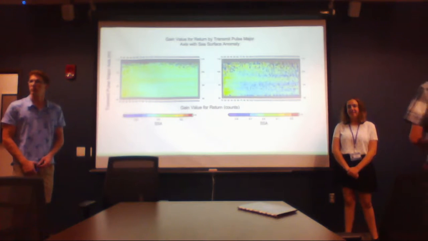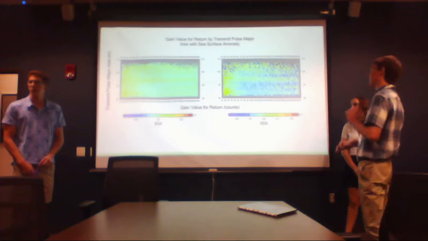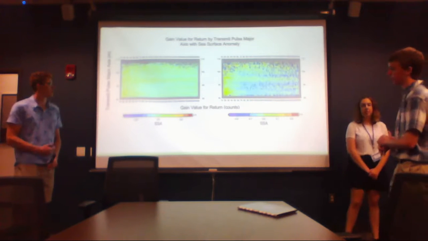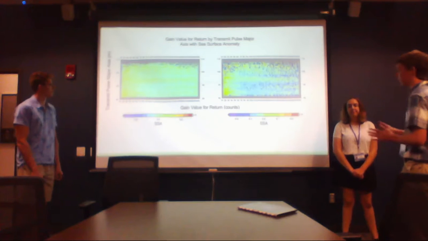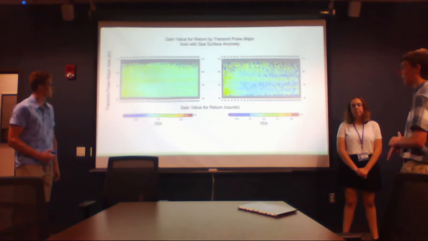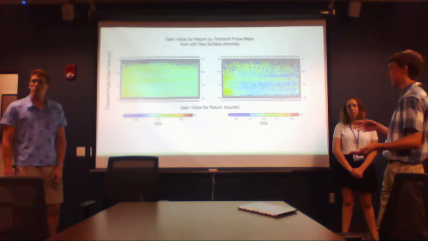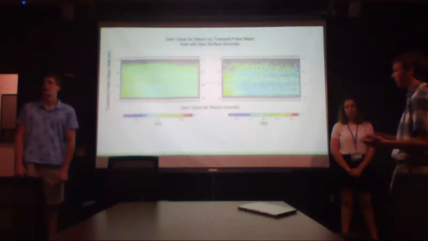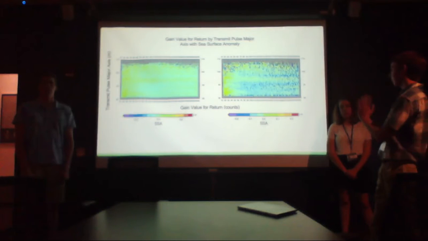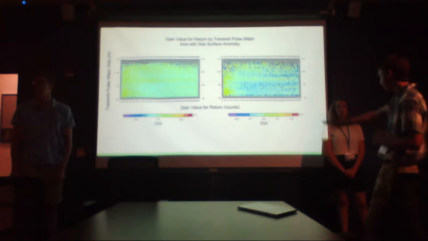So here we have, of course, the gain value for a turn plotted against the transmit pulse major axis. Basically, these are some of the 4 variables again. And so now we're graphing variables directly against each other. We don't necessarily expect any sort of correlation between the 2 variables, but when we plot them against each other and measure sea surface anomaly as the color